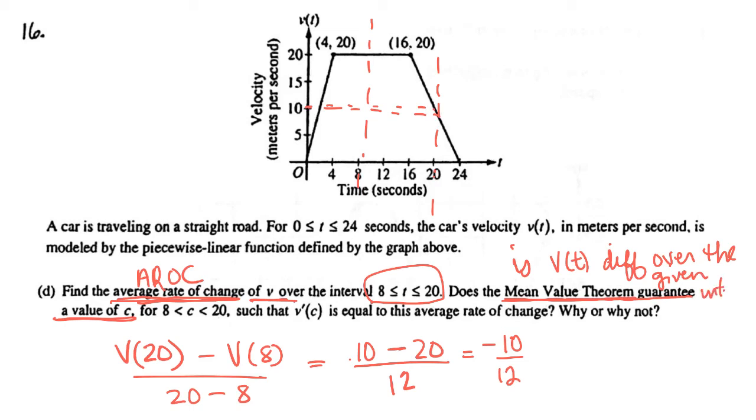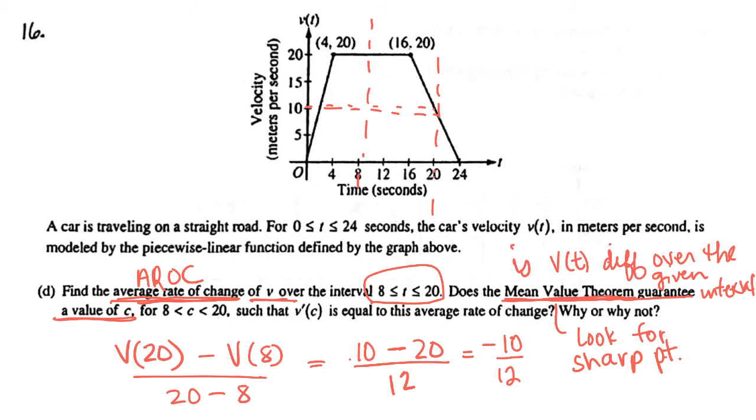Well, if you're differentiable, then that means there's no sharp points. If you're looking at mean value theorem, you're looking for sharp points. So if I look for sharp points,